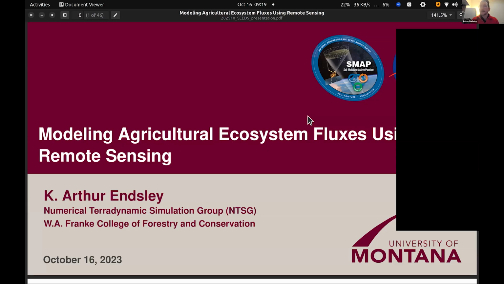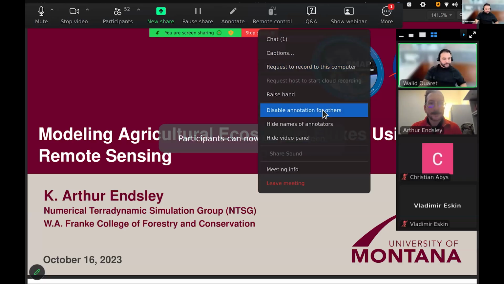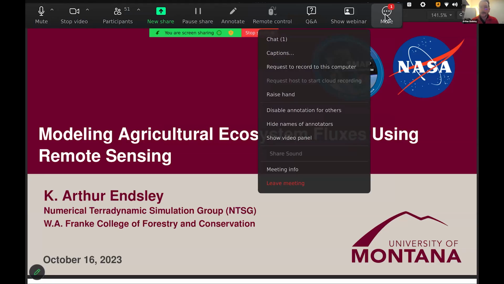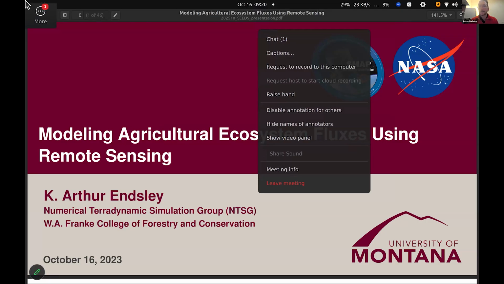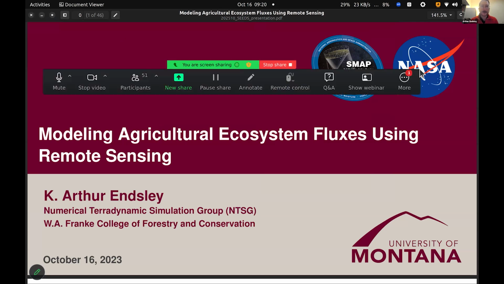If you can share your screen, maybe just to test, and we'll move on. Yes, thank you, Waleed. Okay, are you able to see my screen? Yes. Okay, let me just try and hide some of these things. Get that out of the way. Oh, nope, I've encountered this issue before. I need to actually put this in presentation mode first. Okay, and now I should be able to share.